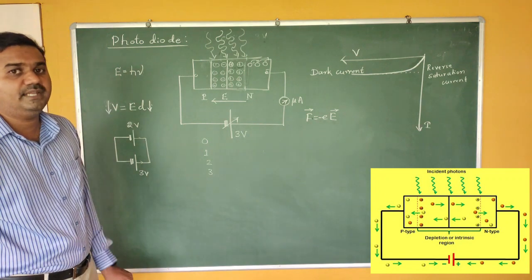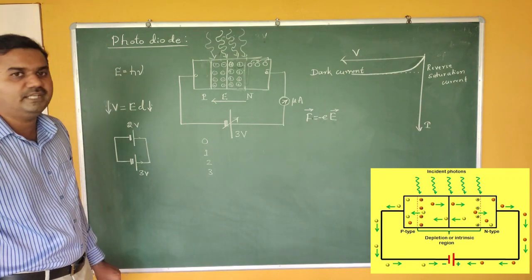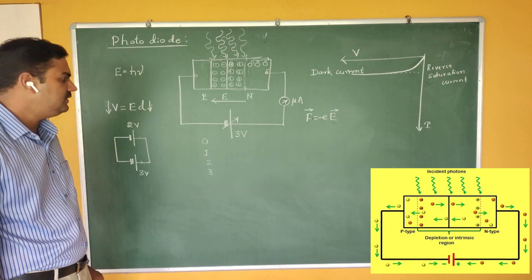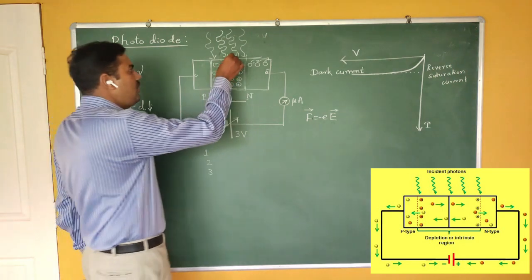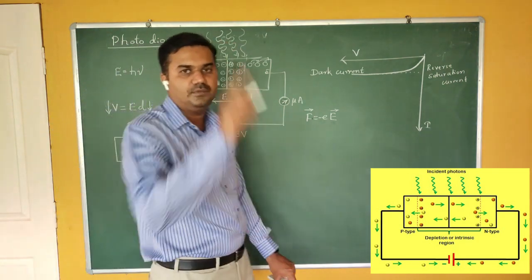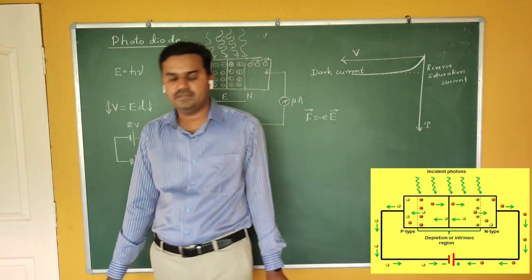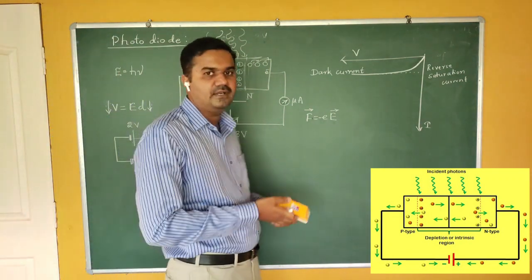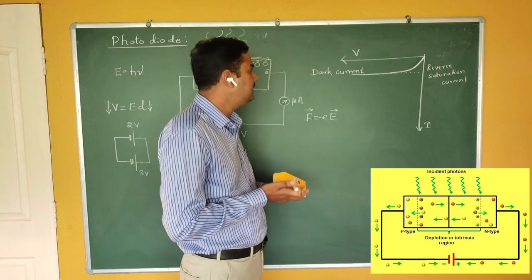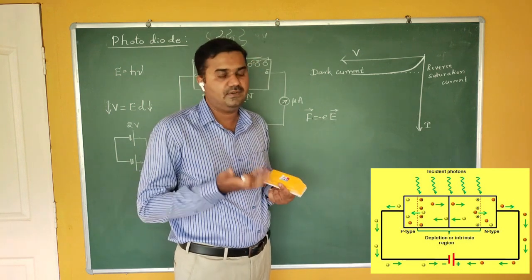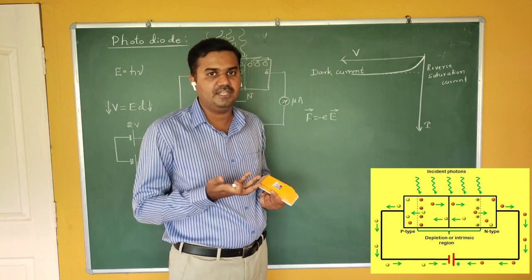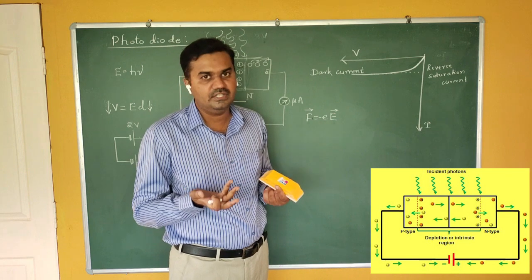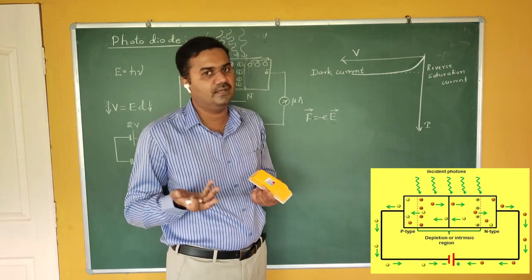So this time again you are getting minority current. Now these electrons are minority only, their number is small, you are getting some minority current, but this time it is due to the application of light. When light falls on it, you are getting electron and hole pairs, and that movement of electrons produces current, and that current is greater than the dark current. The reason is, you already have a certain dark current without application of light. Now you are applying additional energy, light energy, so therefore you have more electrons now.